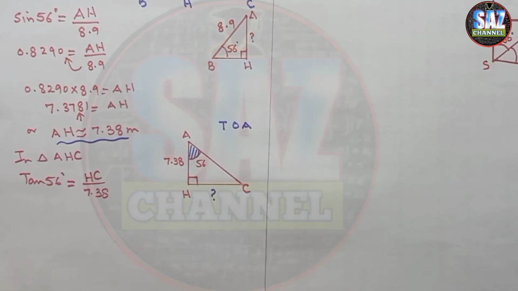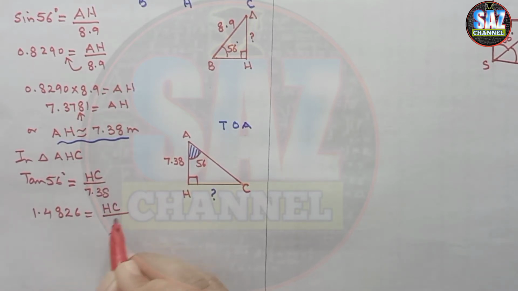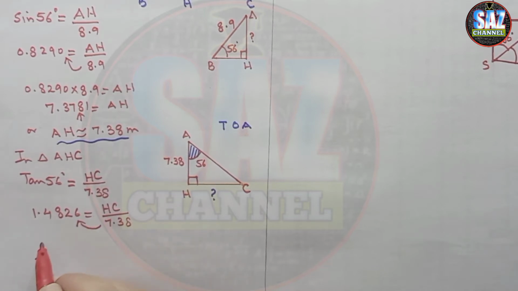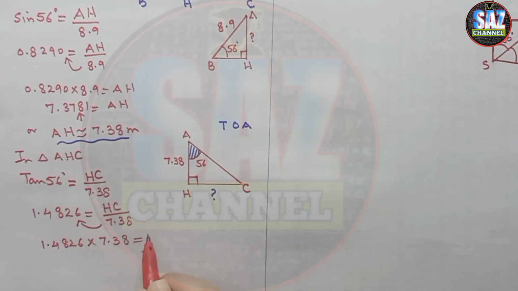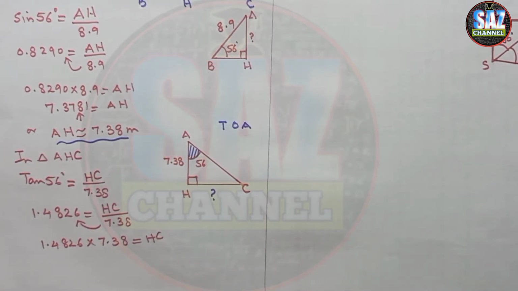Tangent 56 degrees, close the bracket, and this is 1.4826, equals HC upon 7.38. Now go for cross multiplication. 1.4826 multiplied by 7.38 equals HC, and now 1.4826 multiplied by 7.38, this gives me